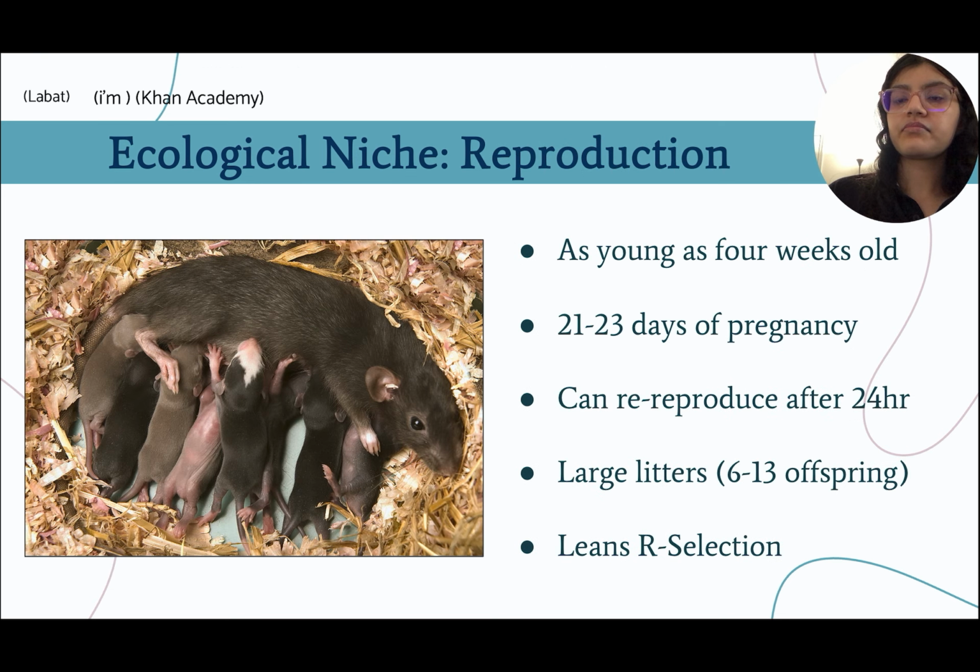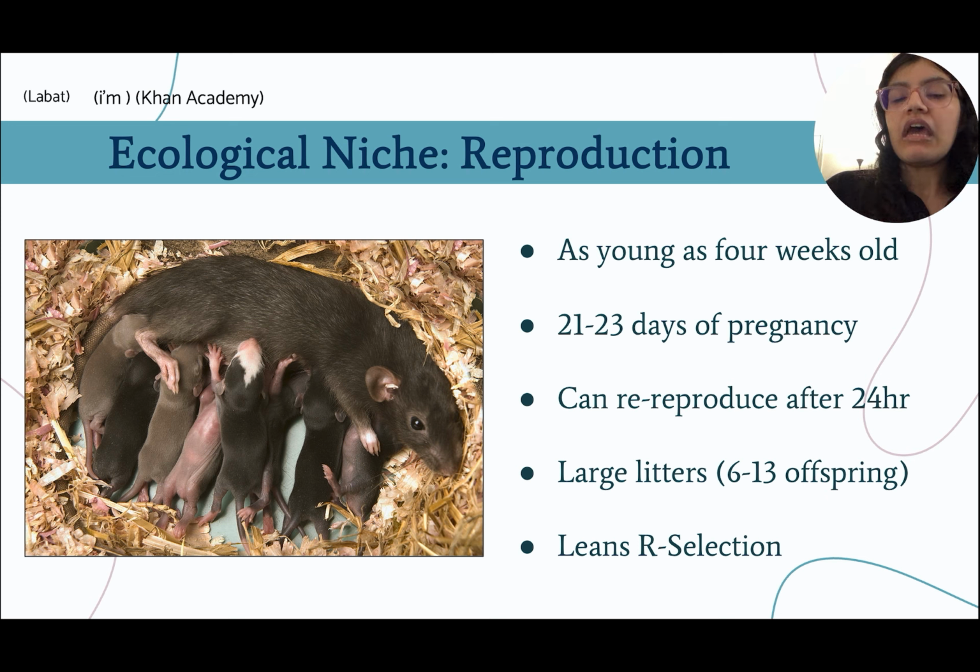put in. As for their reproduction, they can start reproducing as young as 4 weeks old, and when they get pregnant, they're typically pregnant for 21 to 23 days. And as soon as they give birth, they can get pregnant again 24 hours later. They give birth to large litters, almost 13 to 16 offspring at once. And this results in the large numbers of rats being reproduced from one mother rat that you'll see, typically around